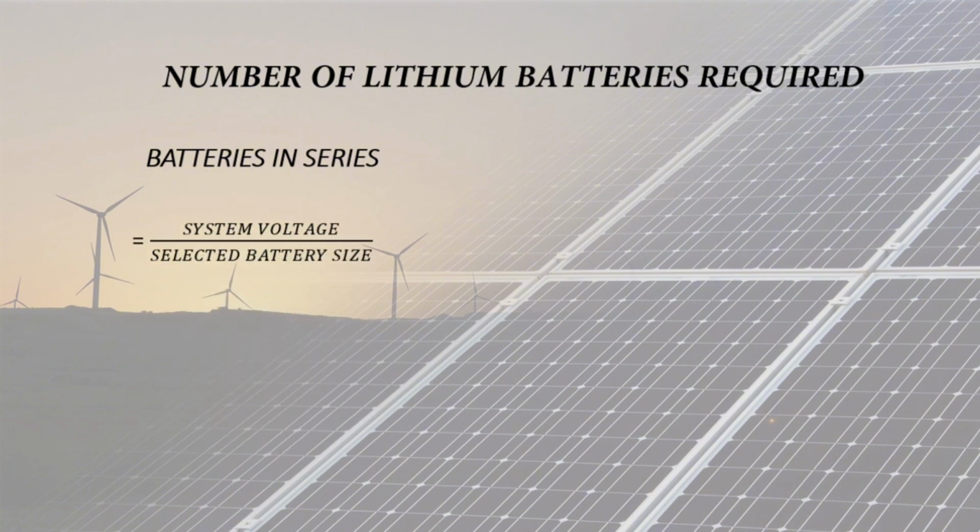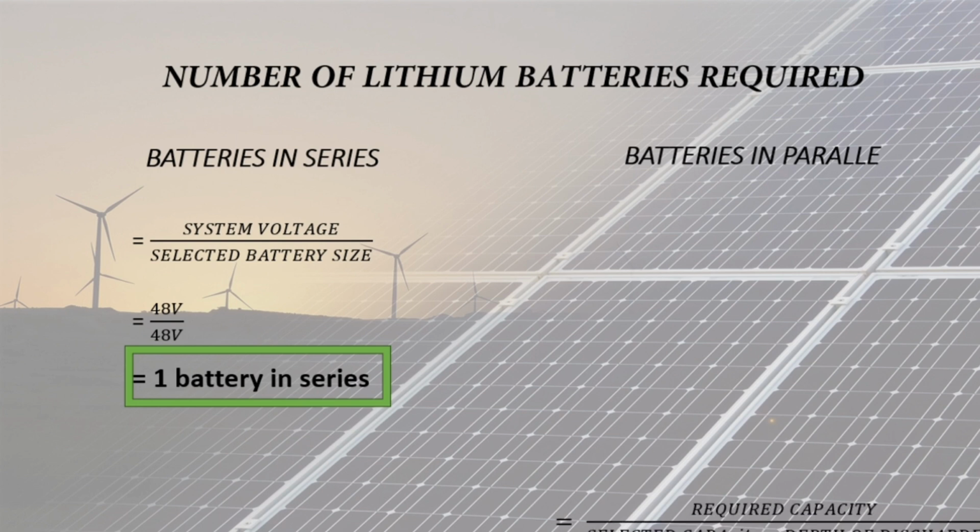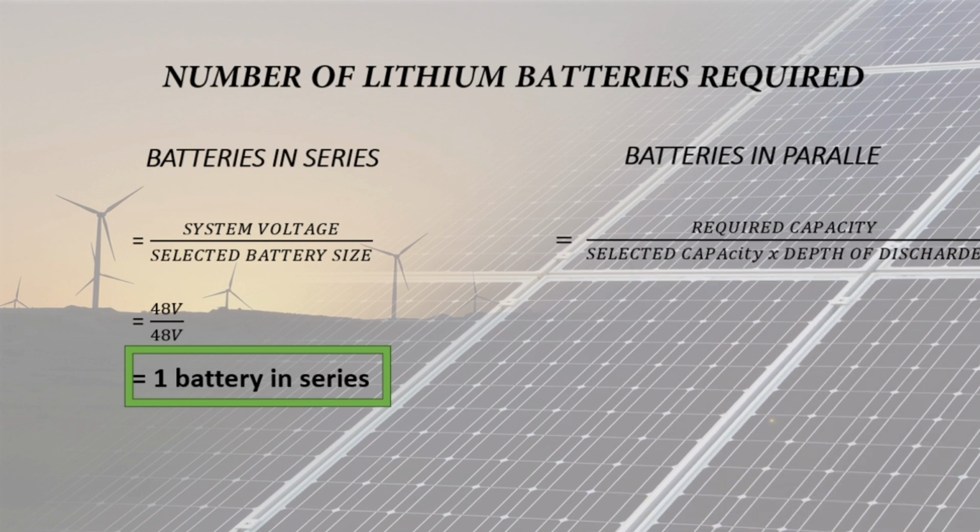Our system voltage is 48 volts. Our selected voltage is 48 volts. So we have one battery in series. Then we have to calculate our batteries in parallel. The batteries in parallel can be calculated as required capacity over selected capacity multiplied by the depth of discharge,